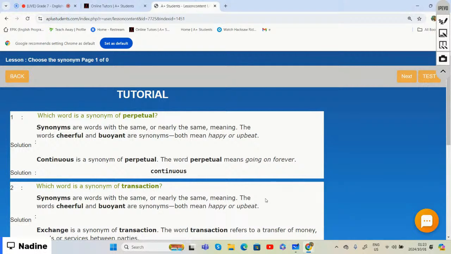All right, and now they say that we need to choose the synonym. And once again, we said synonyms are words with the same meaning or nearly the same meaning, right? That is what we had mentioned, what synonyms are. But now, if we look at another example of a synonym,